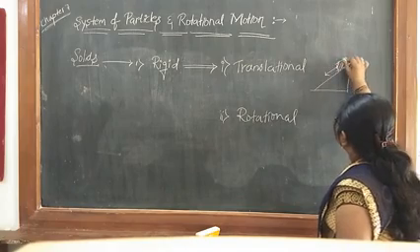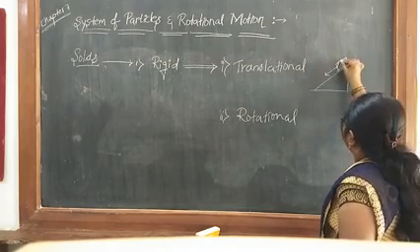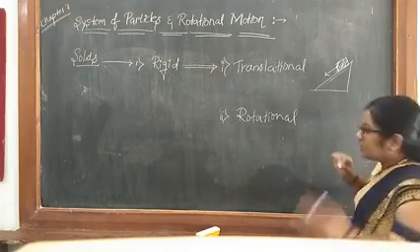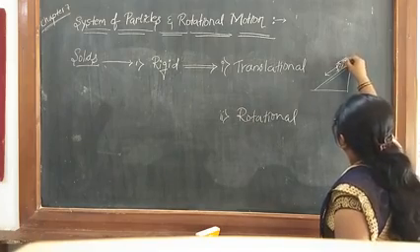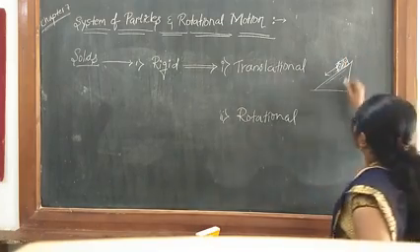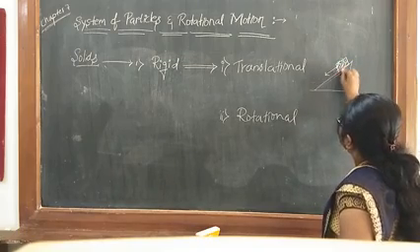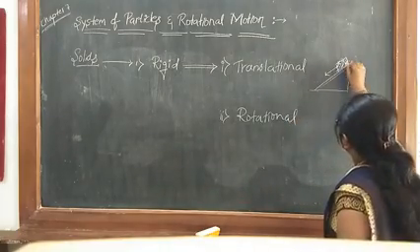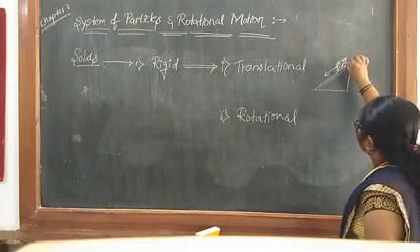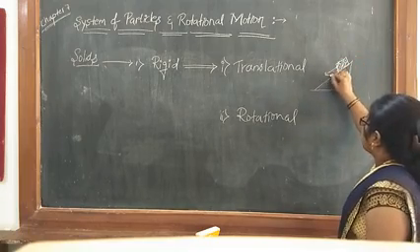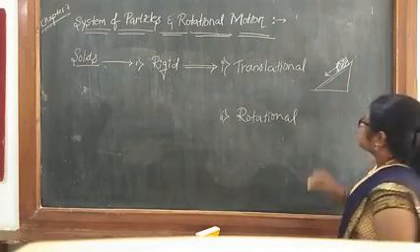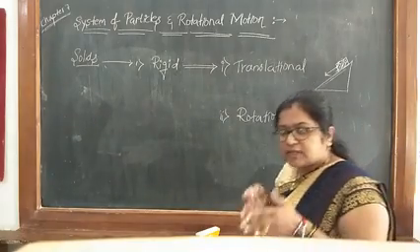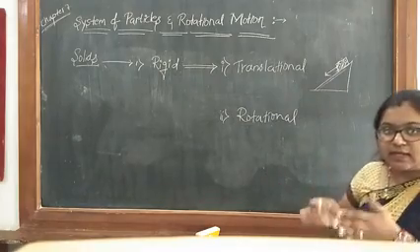Whenever this rigid body is moving, the body is moving parallel to this plane, and all the particles inside that body, it may be here, it may be here, anything, are also moving parallel to that plane. It means that in a straight line parallel to the given plane, the body, the system of particles, and every particle of the system are moving parallel to the plane. That is called what? Translational motion. The rigid body and all its particles are moving parallel to the plane in a straight line.